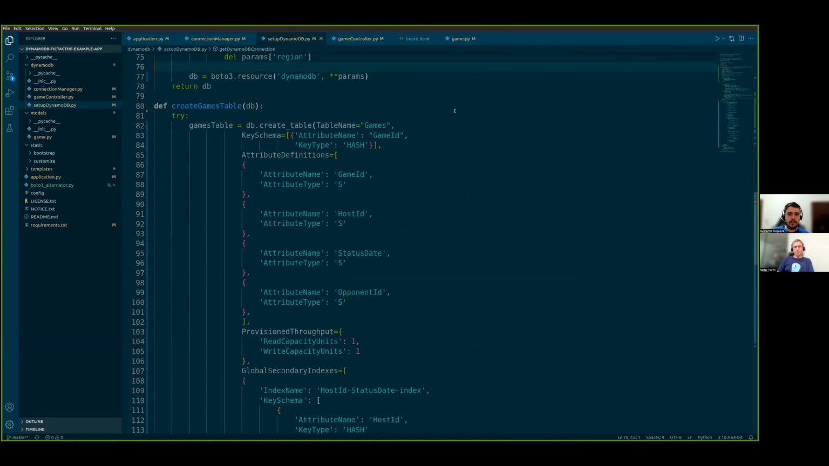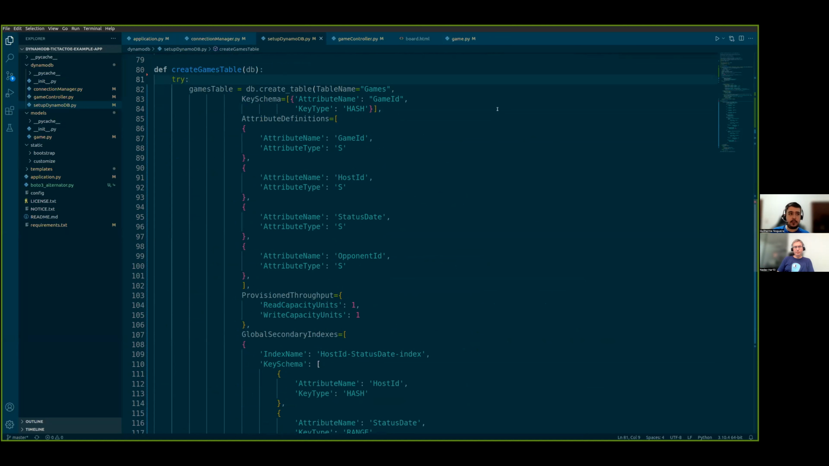Also, we have a create games table function that is used to instantiate the table if it's not there. As I mentioned, it should be created on the first run, but if it's not there, there's an API on the web that you can use to trigger the game creation, force it, and it will just call this function. This function instantiates the database connection and then calls the create table function to create the table named games,